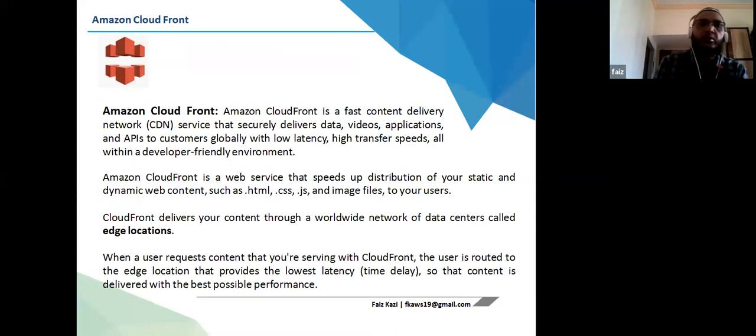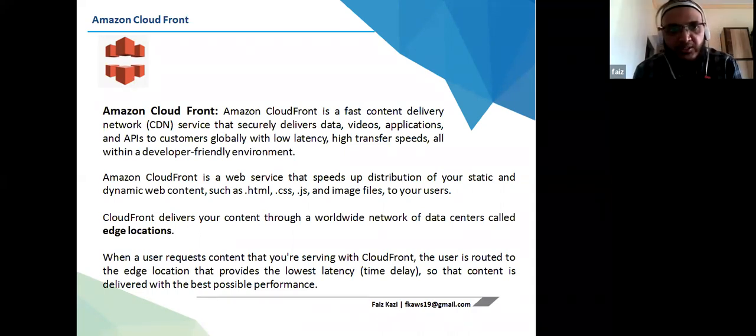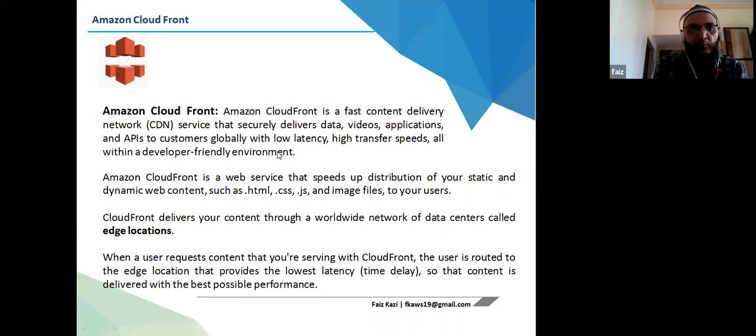Okay. So we come to CloudFront, right? Amazon CloudFront is a fast content delivery network (CDN) service that securely delivers data, videos, applications, and APIs to customers globally with low latency and high transfer speeds, all within a developer-friendly environment.